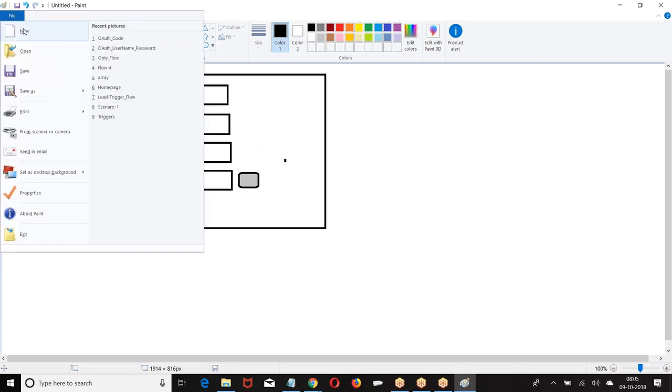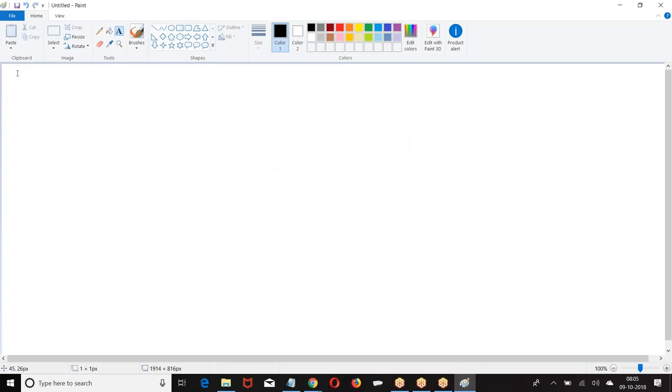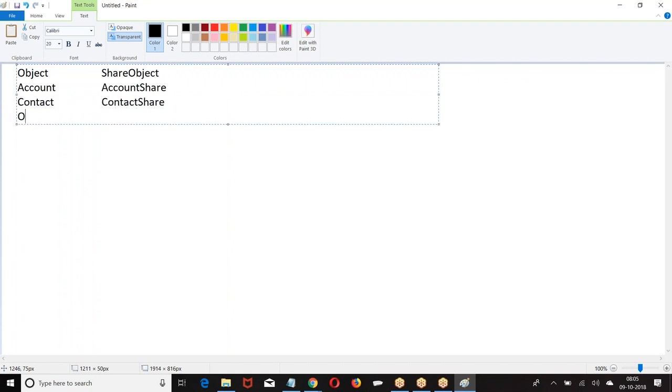Now listen to the concept carefully. Every object in Salesforce has a corresponding share object. If you have the account object, all the sharing rules on the account are defined in account share. If I have a contact object, all the sharing rules on the contact object are stored in contact share.